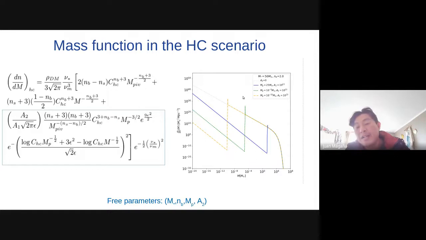And I put a spike at different positions, for example, at 25 solar masses, 10 to -5 solar masses, and 10 to 10 solar masses. In this example, I use the same amplitude A2, and I obtain this kind of extended mass distribution with a spike. For example, observe this mass distribution, the blue line.